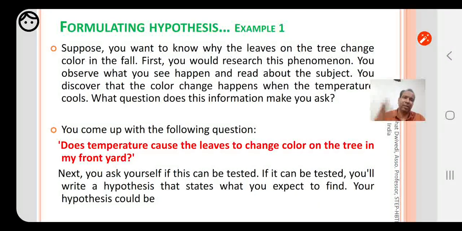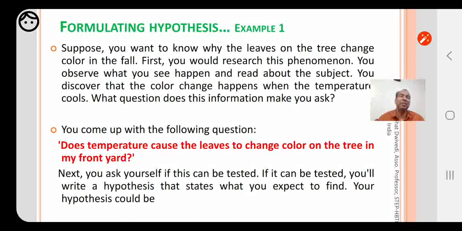Now let's do it. How can we do it? Let's take one example and try to do it. Suppose we want to know why the leaves on the tree change color in fall. First, we would research this phenomenon. We observe what we have seen happening outside.